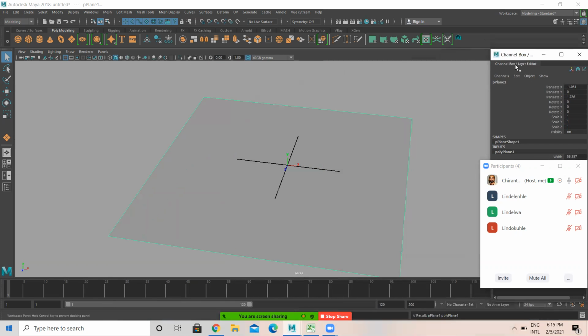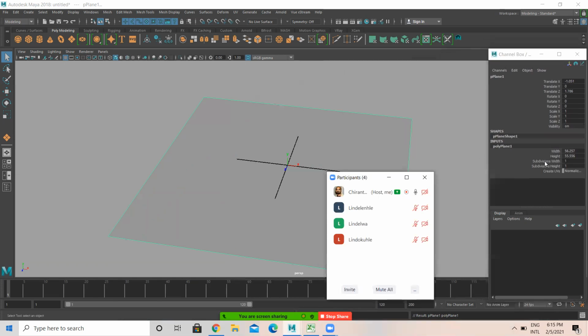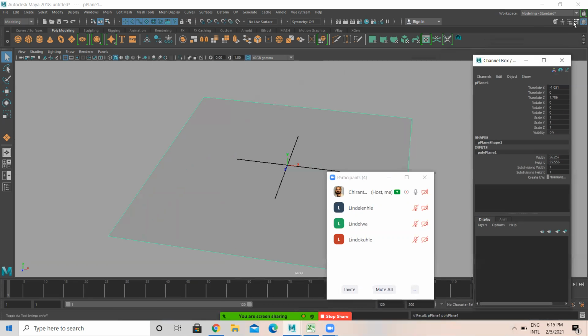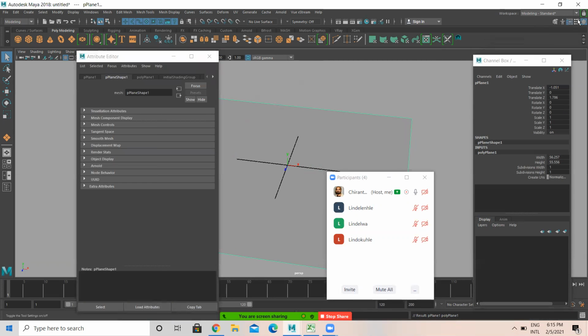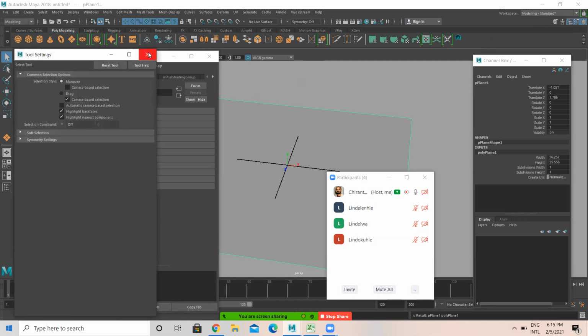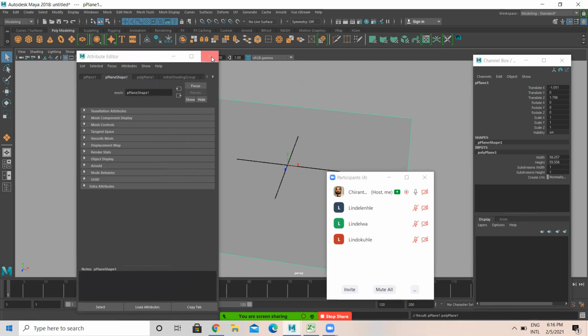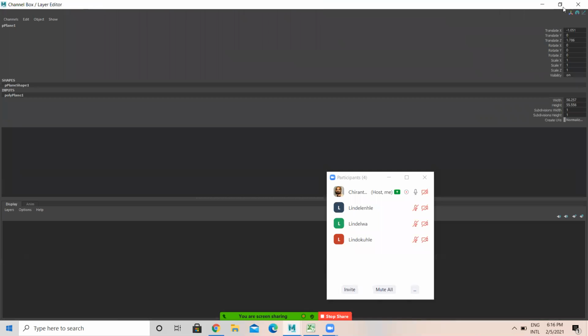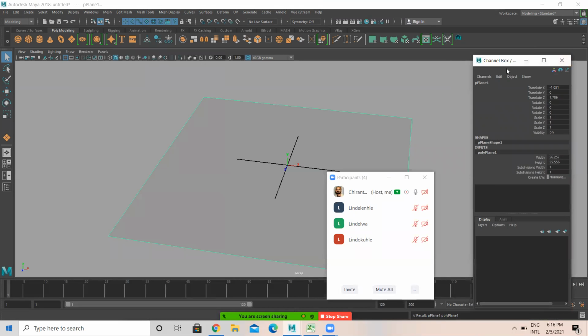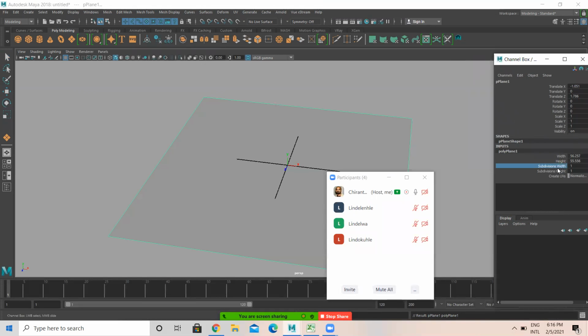Let me add a few meshes here, so that is subdivision width and height. So here, width and height, I can increase to 10, 11, something, let it be 12. Let's see.